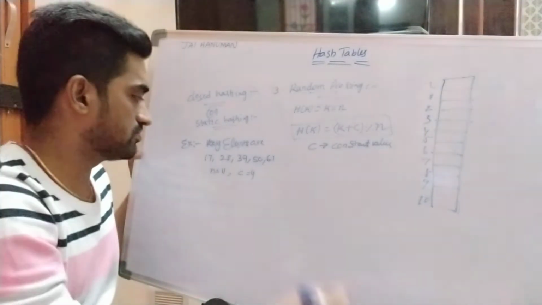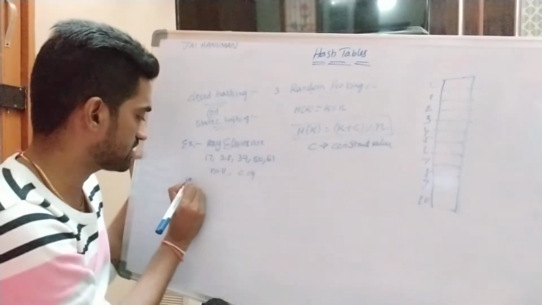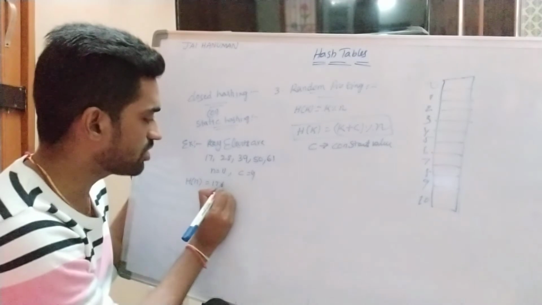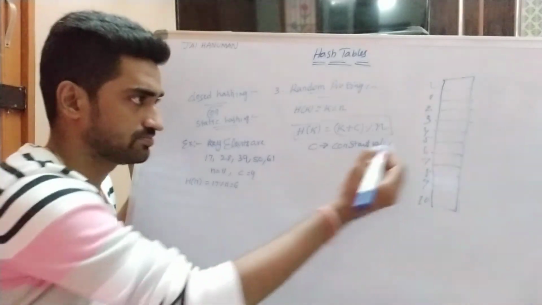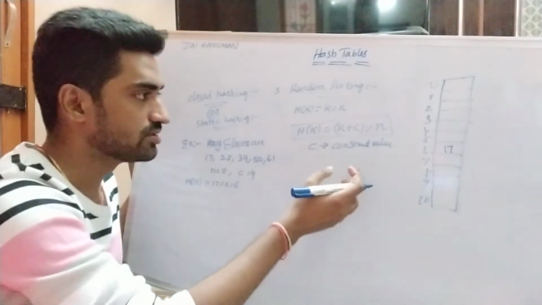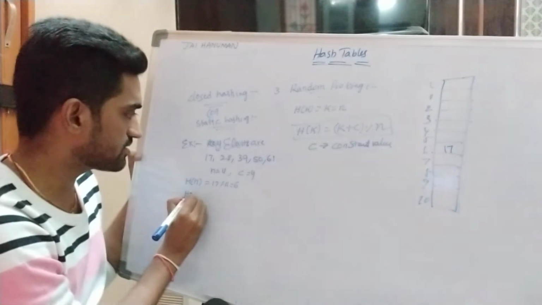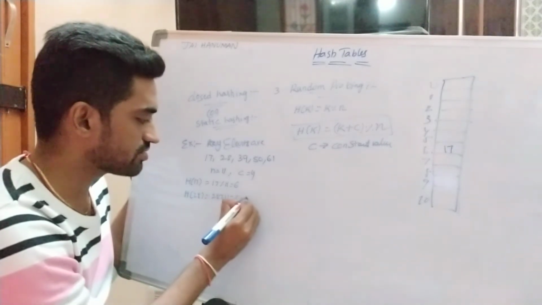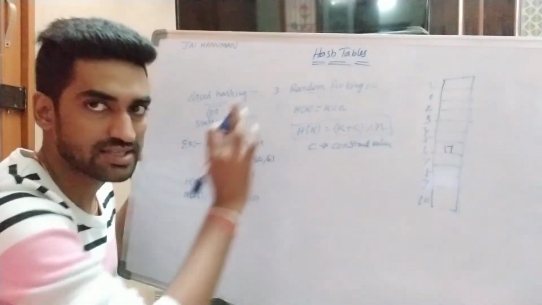Right? So here I am inserting the key elements one by one into the hash table. What is the first key element? H of 17. So 17 modular division of 11 is equal to 6. So the 6th position is a vacant position, so it is directly inserted at the 6th position. There is no need to apply these mechanisms. Why? Because a collision has not occurred, right? So what is the next inserted key value? 28. 28 modular division of 11, 6. So the first collision has occurred for 28. Why? Because the 6th position is already occupied by 17, right?